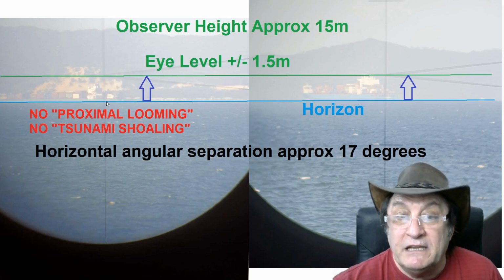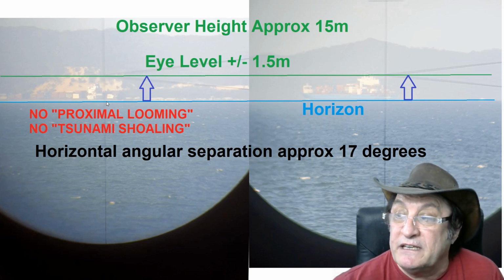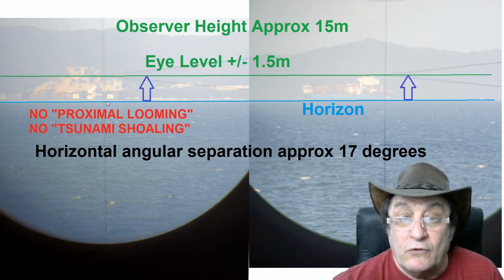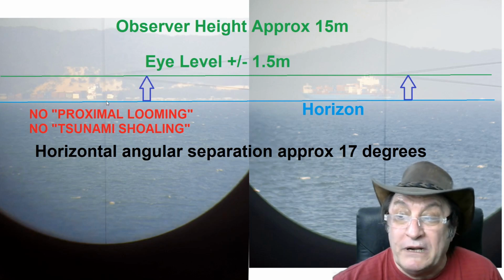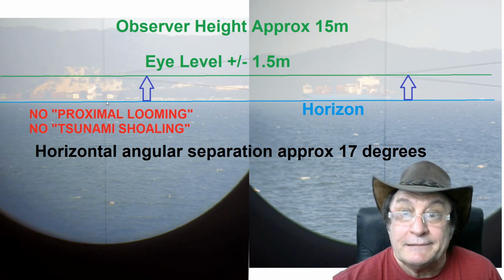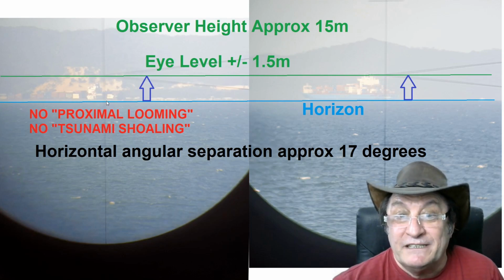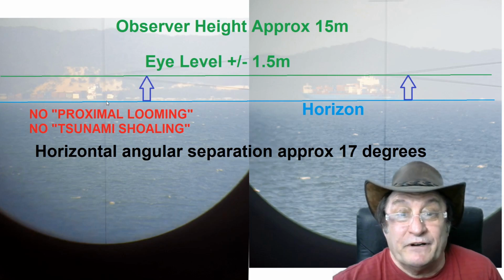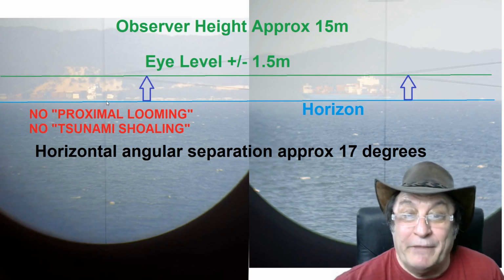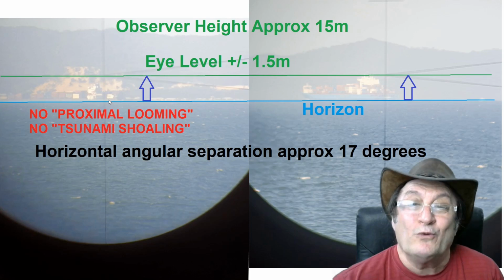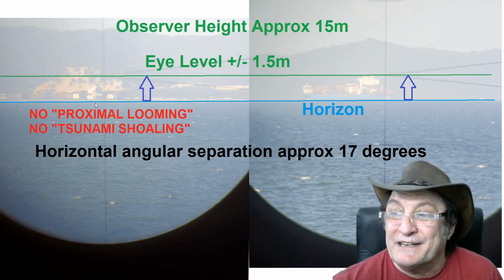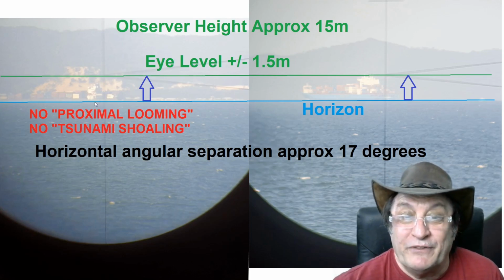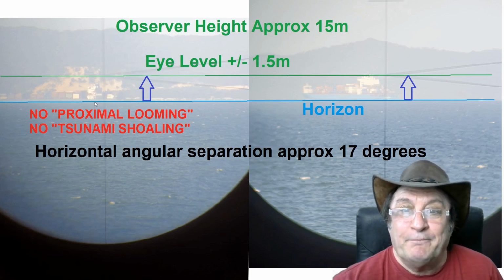Appear to rise because of this mythical proximal looming. But this image here with the side-by-side images shows conclusively that there is no such rising of the water. The horizon is in exactly the same place, but the ship has changed. So by the very same argument, I know this is a favourite of Ranty's, is the tsunami shoaling. Ranty will also try to tell you that the water is higher on the ship on the left because of